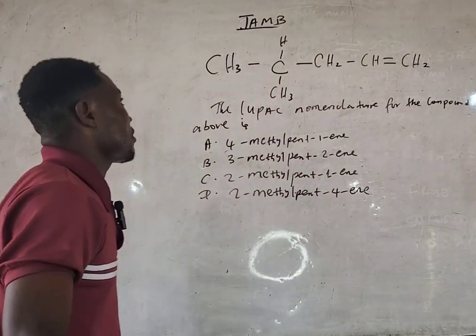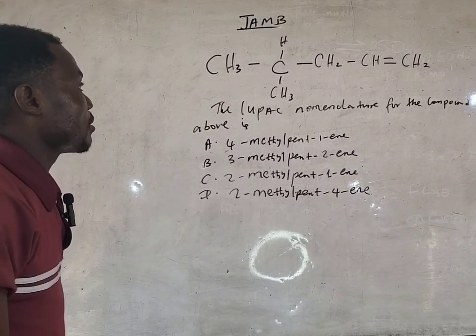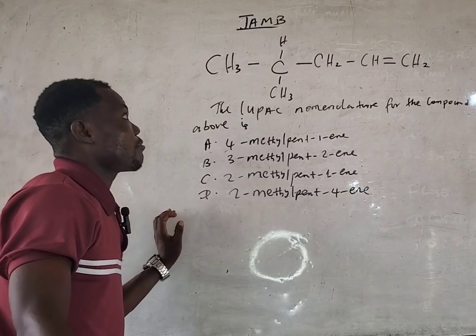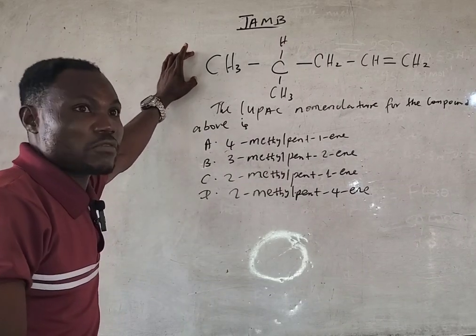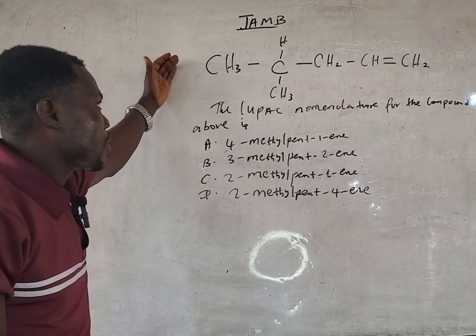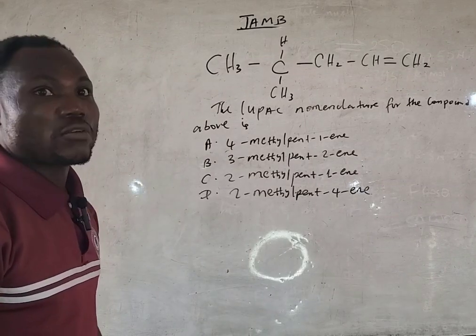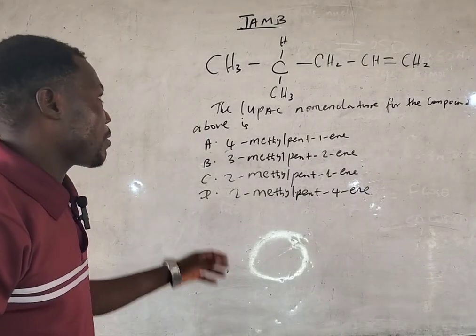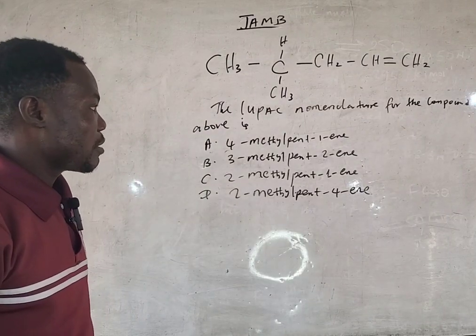In today's video, we'll be looking at this simple question from JAMB Chemistry. We have this organic compound whose structure is given here. So we are required to identify the compound, to name the compound. The IUPAC nomenclature for the compound above is